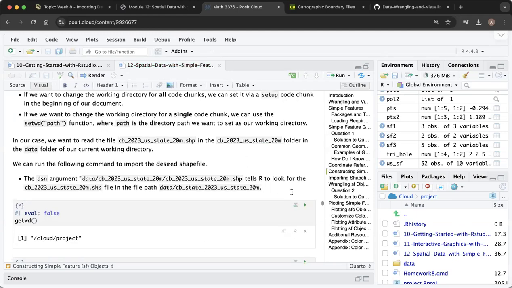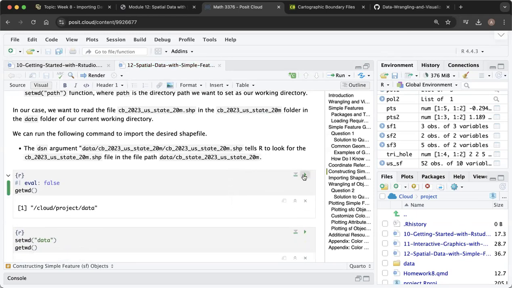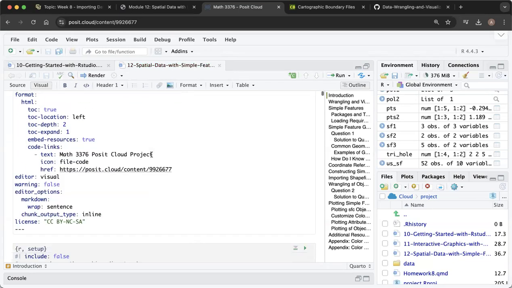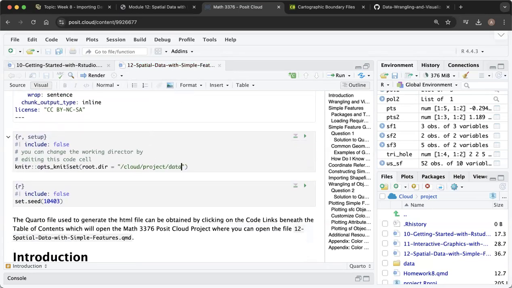Now, if I check my working directory, this actually changed the working directory for every code cell in this file. But I want to leave my working directory as my current directory where this file lives. So I'm going to run this code cell again to change the working directory back to the default,